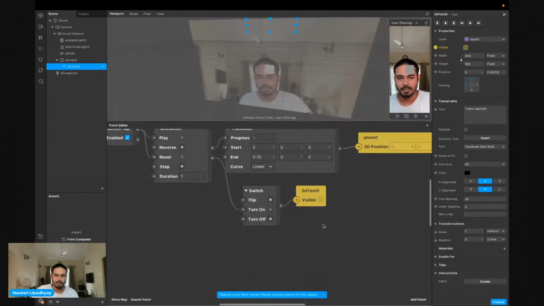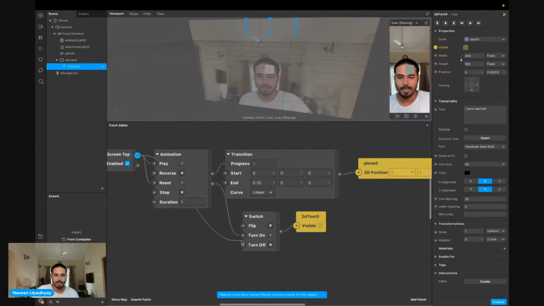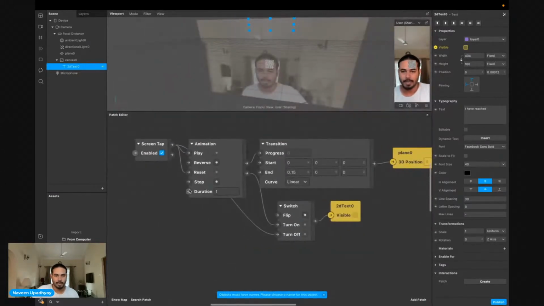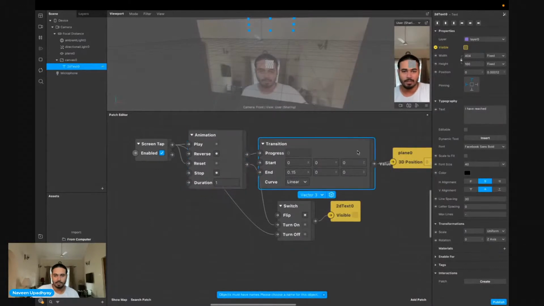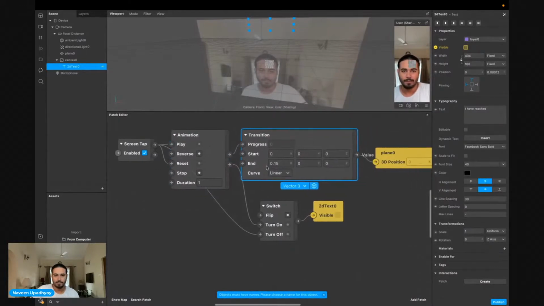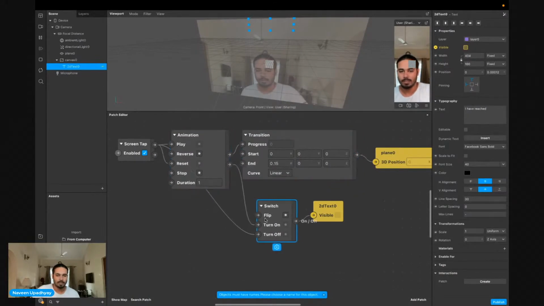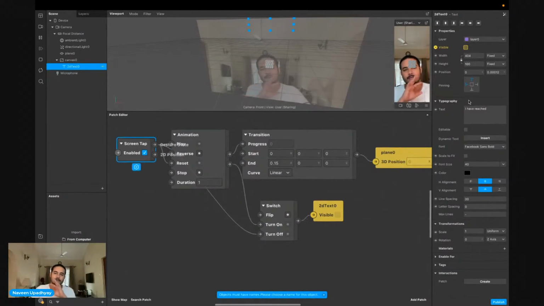Once it reaches there, this should be visible, and if I screen tap again, it should become not visible again. So now I am going to have an animation which moves my plane to 0.15 in the x direction. When this animation gets over, this should tell me that I've reached, and if I start it again, that should reset everything.